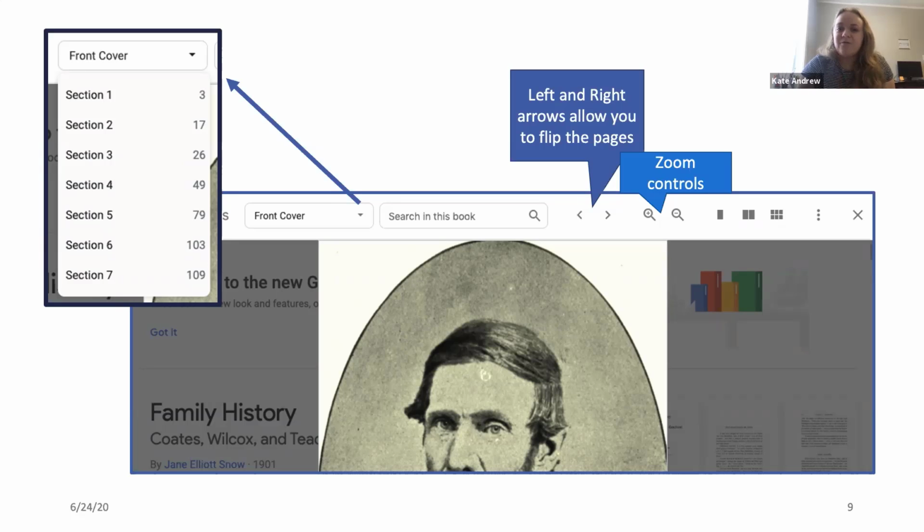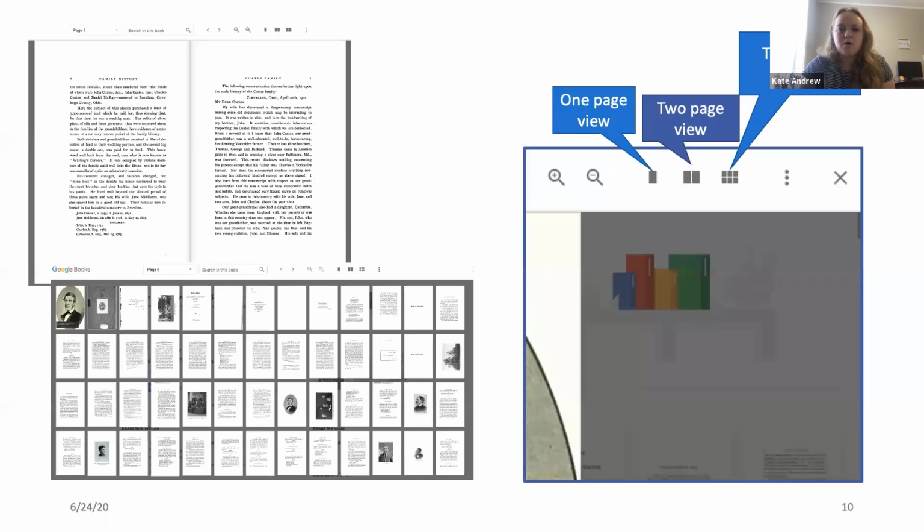And then to the right of that, there are zoom controls. So if the text is small or if it's too big, you can zoom in and out. On the right of the zoom controls, there are 3 different view choices. You can choose to view a book as a 1-page view, which is how we were viewing it on the previous slide, or as a 2-page view, how you would view a book if you opened up your physical copy in your hands. And then you can also choose a thumbnail view,